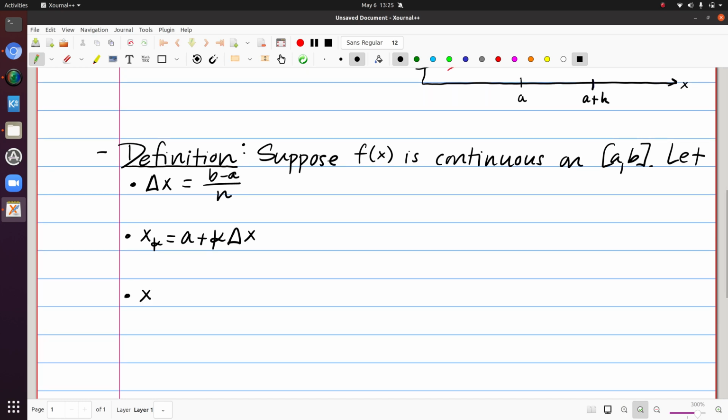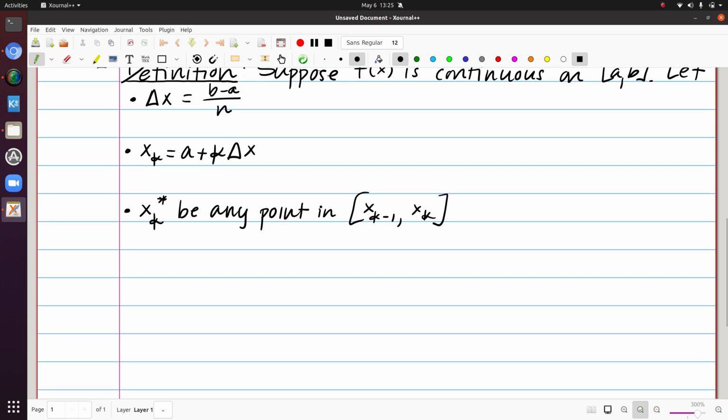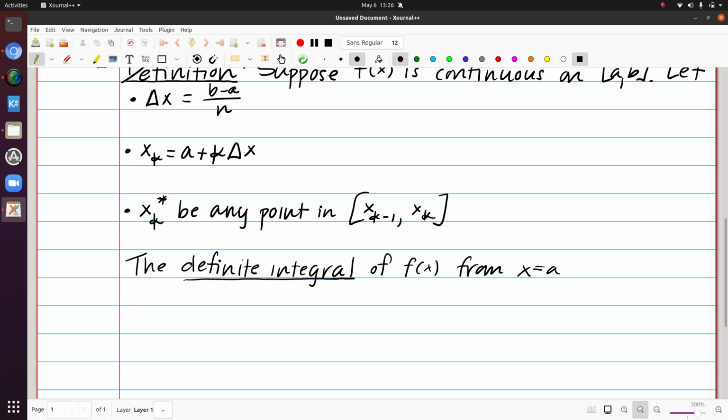And we're going to let xk star be any point in the interval, closed, from xk minus 1 to xk. I'm going to come back to that in a moment. But with these pieces, then we're going to say that the definite integral of f of x, so let me underline this, from x equals a to x equals b